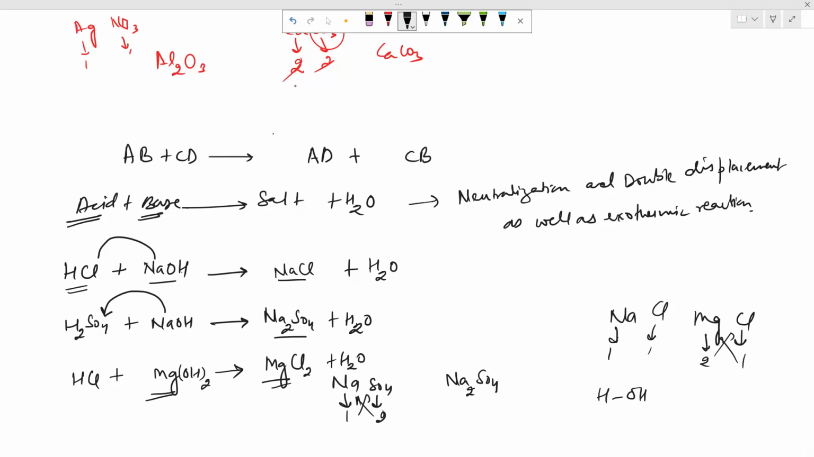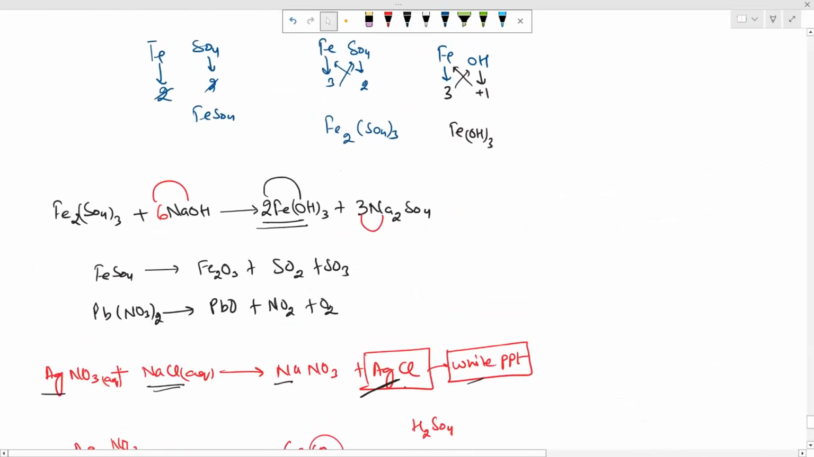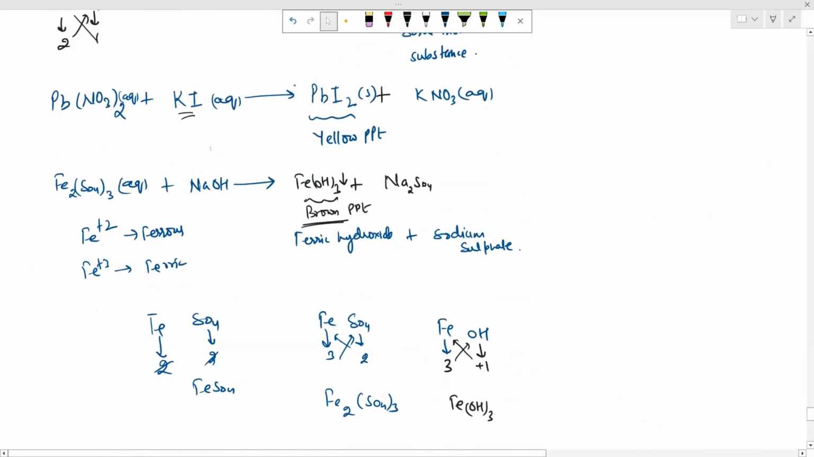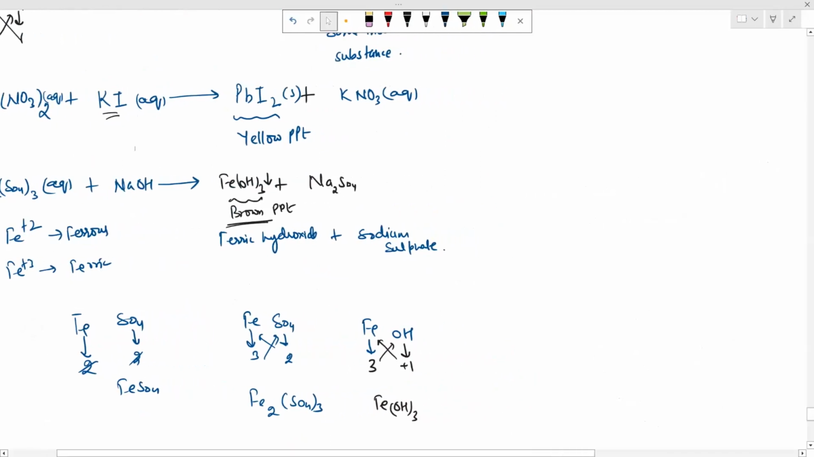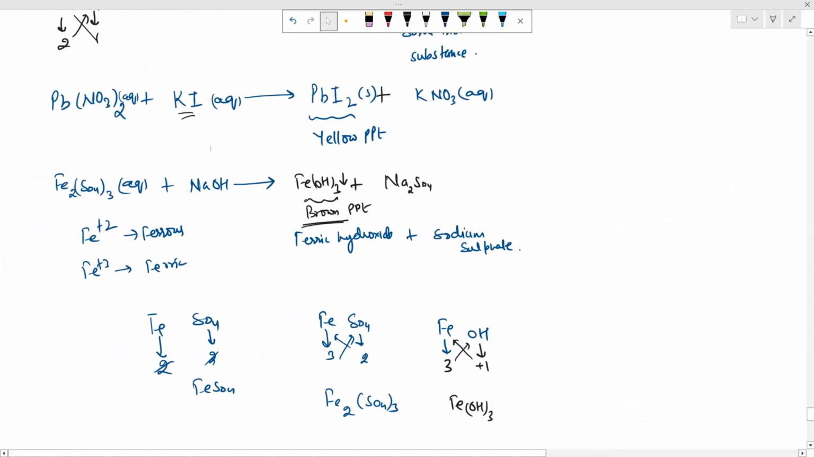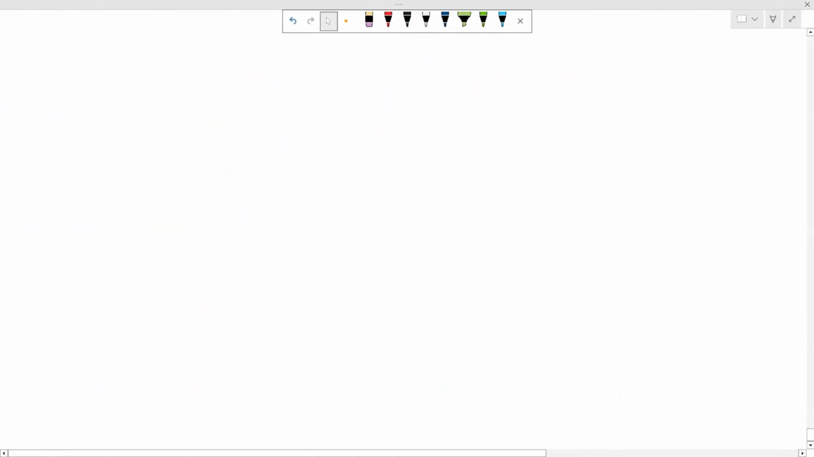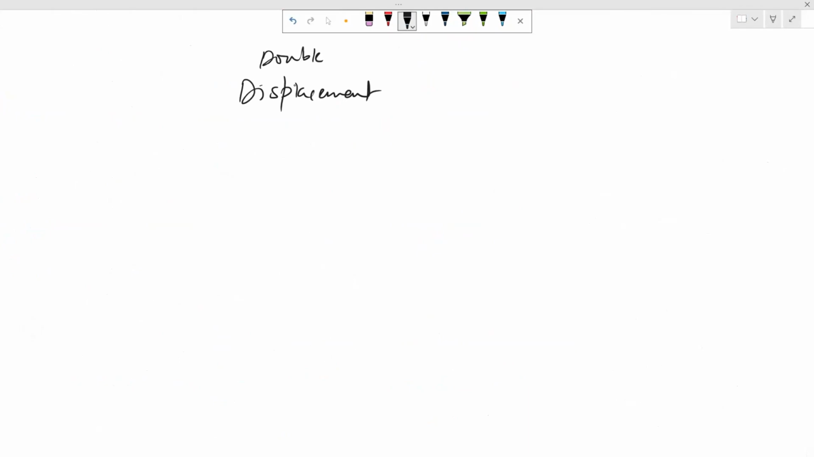And this is an acid base reaction, so we'll say that it is a neutralization reaction. But in the above one, you can check, this is the precipitation reaction. It is also double displacement, but precipitation also. So we can say that displacement reactions are also two types. Double displacement reactions